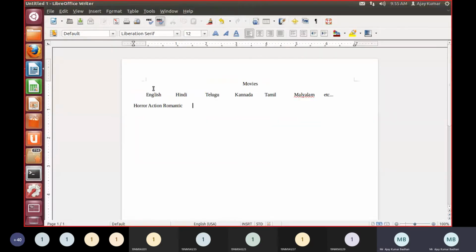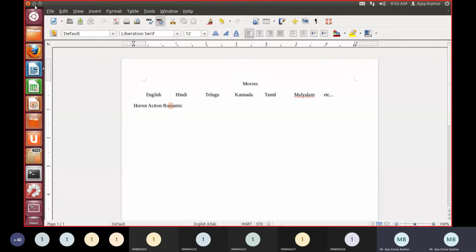So you just understand this. Here, this English, horror, movie, action and romantic. Here, the English will be acting as a parent directory, and these three will be acting as the child directories, or the subdirectories. But if you talk about from movies point of view, the movies is a parent directory. English is the child directory, and this child directory will be acting as a parent directory for horror, action, and romantic. And within this, if you are creating the folders, then this will be acting as a parent directory for the inner particular folders, whatever we are creating.